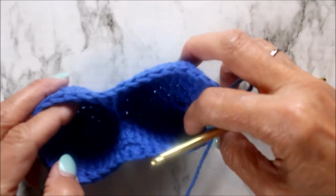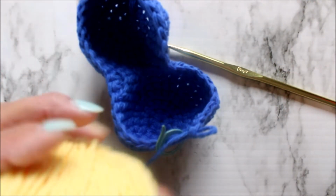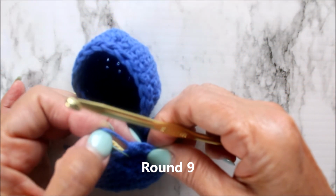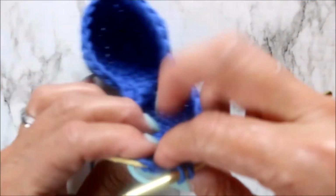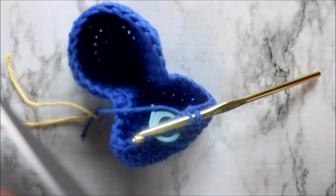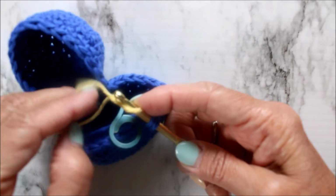So I finished with round 8 and I finished with 40 single crochet. Now it's time to switch from blue to yellow. So I'm going to show you how I add the new yarn. So this was my last stitch. So what I'm going to do to try to make it seamless, and to the side of the heart, before I remove my stitch marker, I am going to cut the blue yarn, and I'm going to continue with the yellow just like this, holding my yarn like this